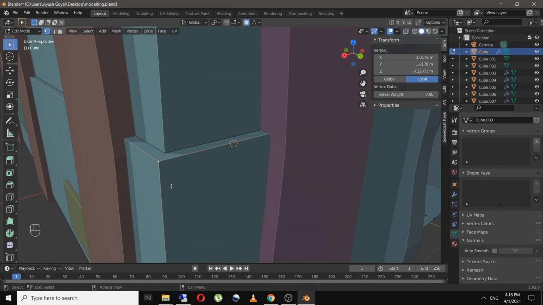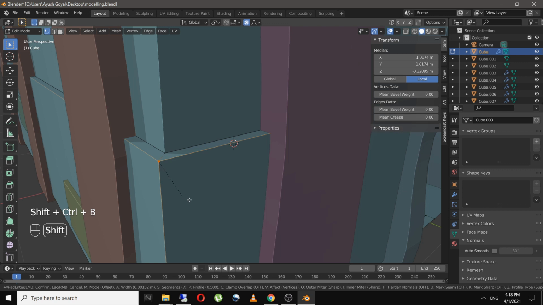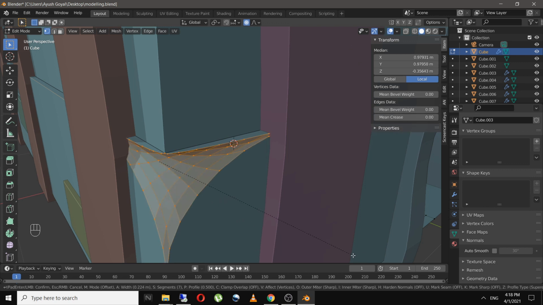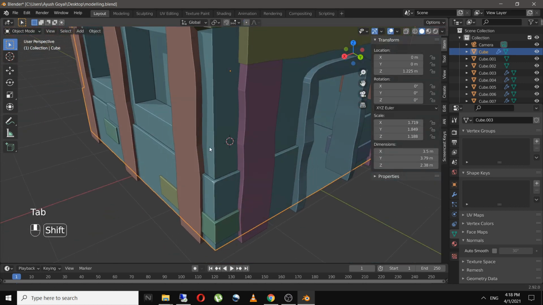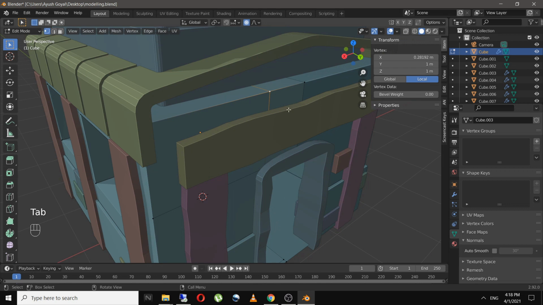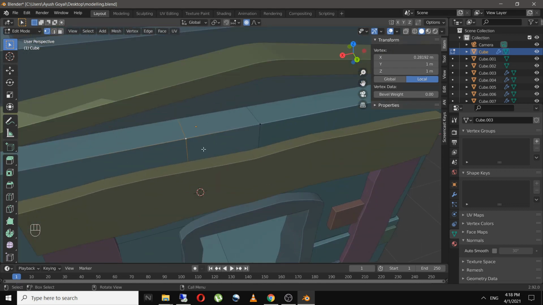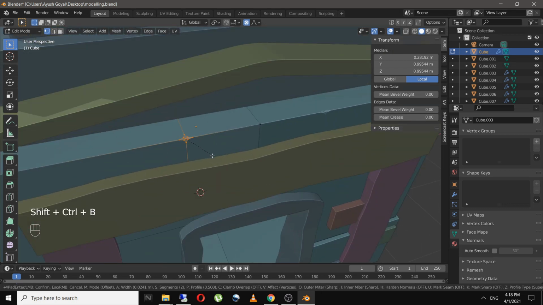So just add in a cube and place it randomly over the building. After adding the bricks, I will select this building and go to edit mode in vertices mode and bevel a few of the vertices, something like this, to give it a more broken rock kind of view. If you select the two segments, it will look something like this, and in here I'll bevel it as well. So Shift Ctrl B and just one segment.